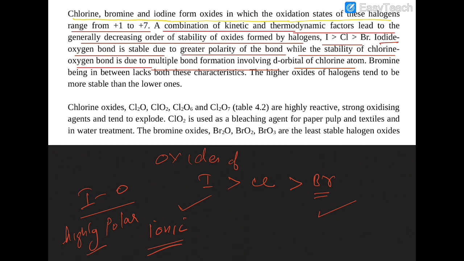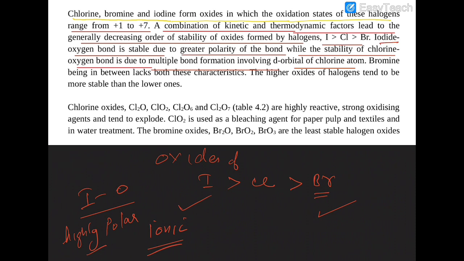Okay, while in the chlorine-oxygen bond, the lone pair of electrons of the oxygen can be easily donated to the 3d orbital of chlorine. Because in oxygen, the electrons are present in p orbitals, and in chlorine, there is a vacant d orbital. So 2p and 3d are quite close in size in comparison to bromine, where the size is 4d. So you can say that oxygen-chlorine p pi d pi bonding is stronger than oxygen-bromine p pi d pi bonding.